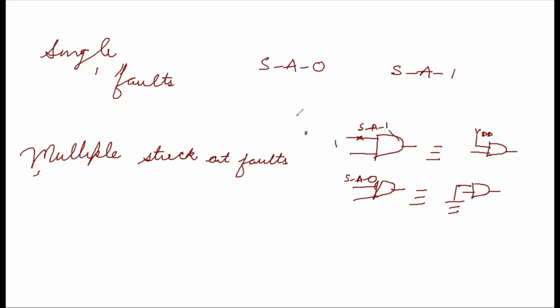तो पहली बात तो we should be very clear that when I'm talking about these stuck at faults, I'm going to talk about stuck at 0 and stuck at 1. Only I'm going to talk about these two things. So we are assuming there are two types of faults for any line or any node, that is stuck at 0 and stuck at 1. So the single fault model assumes that at a time a line can either be stuck at 0 or stuck at 1. So at a time only one fault is existing.